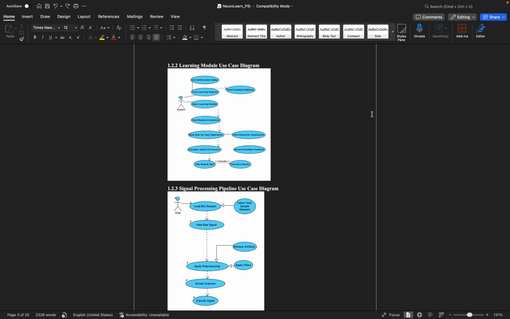I've broken the system down into specific functional areas. The first one is the learning module use case. This shows how a student interacts with the curriculum. They move from an introduction to reading explanations, which is linked to interactive